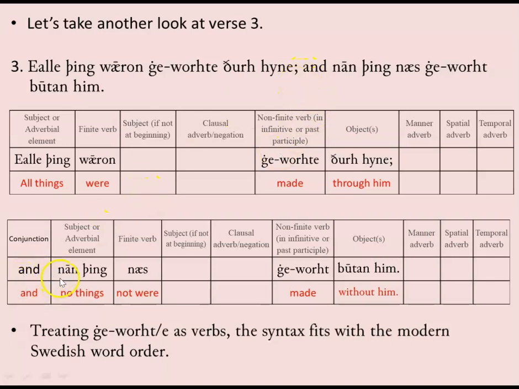And nanthing. So here's our conjunction. The subject or adverbial element, nanthing, no things. Nas, not were, finite verb. Same thing here. The subject's already been covered over here. No clausal adverb or negation necessary. A non-finite, infinitive or past participle. In this case, we have the past participle. This is the sentence structure for modern Swedish for the independent clause, for the primary or main clause. Then we have objects, butan him, without him. That's that. So treating yawarcht as verbs, the syntax fits with the modern Swedish word order